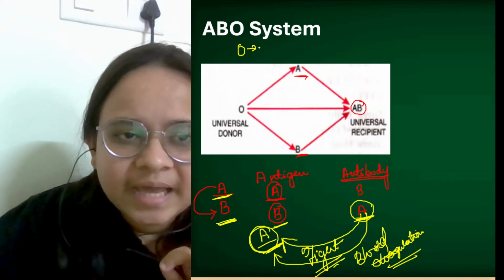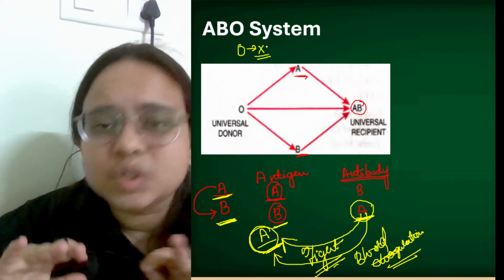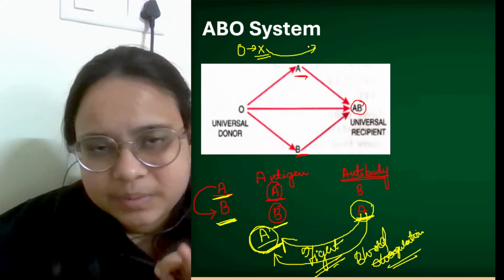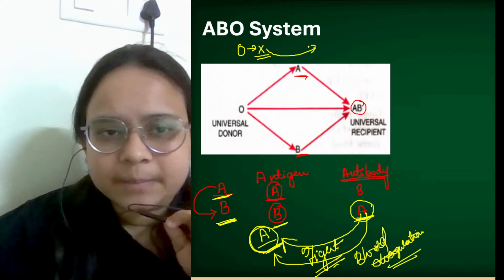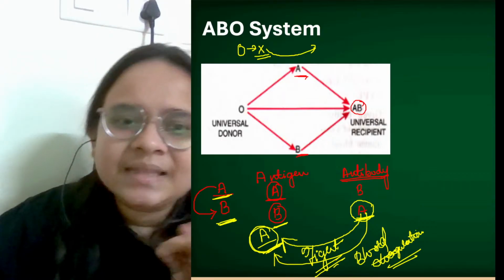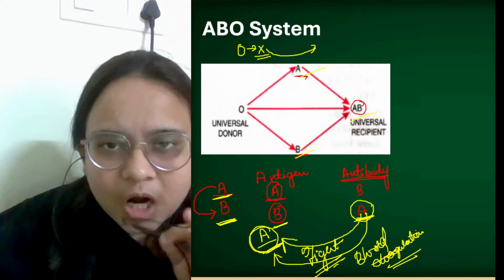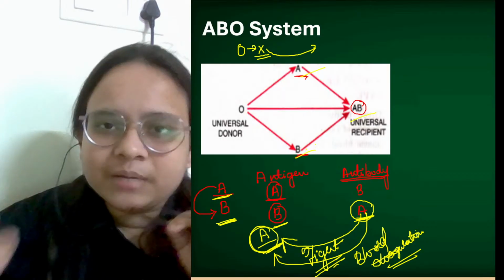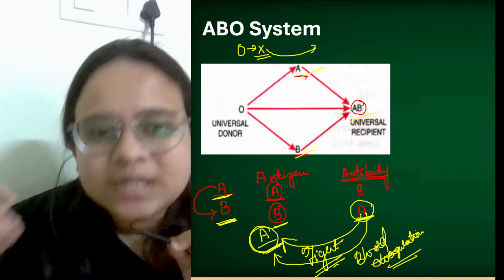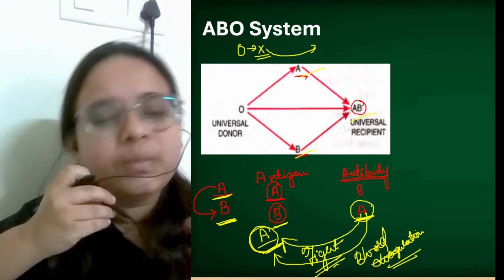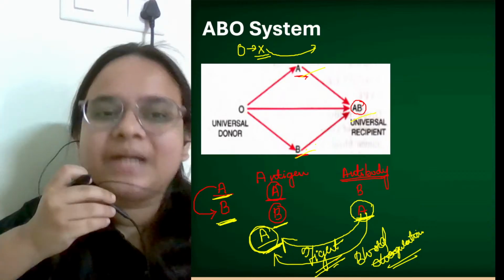O is not carrying any antigen, and when it has no antigen, if it is donating blood to any of the people belonging to A, AB, or B, then there is no antigen, and the antibodies inside A, AB, and B will not detect any kind of foreign particle or body, and it will not try to eradicate it। ठीक है, तो यही सबसे बड़ा रीजन है कि O ब्लड ग्रुप्स वाले किसी को भी ब्लड दे सकते हैं, बिकॉज